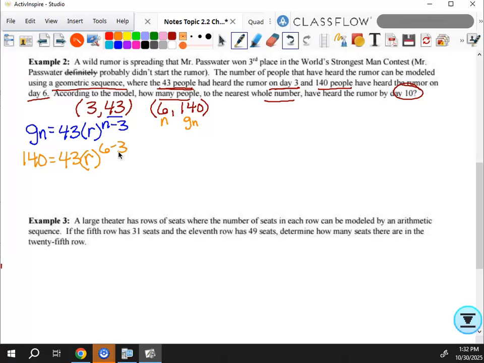I'm going to divide both sides by 43, so I'm going to get 140 over 43. You think those are going to divide evenly? No. And I'm pretty sure 43 is a prime number, but I don't know for sure. I really don't even care at this point. It's fine. This is equal to R cubed. Okay. To undo R cubed, what do we do? Cube root. So R is going to be equal to the cube root of 140 over 43,